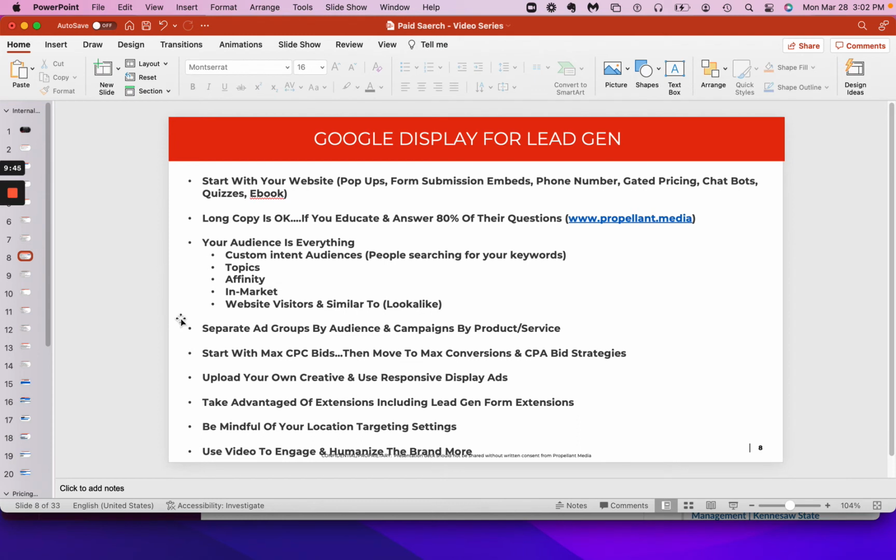We also recommend, as I was mentioning a few times before already, you always want your campaigns to be segmented out by product and service, but within the individual product and service campaign, or category for that matter. So let me just make this quick change. You also want your audience to be segmented out by ad group